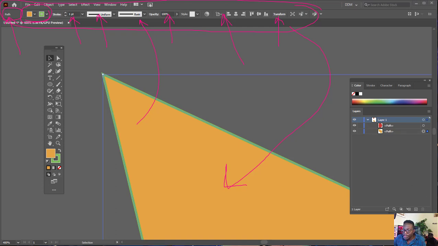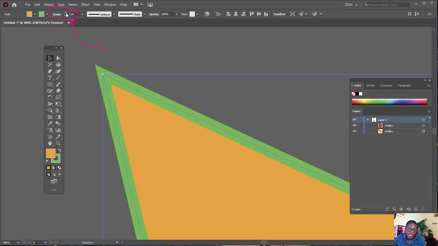And how do I know that? Well, check it out. If I change the stroke up here while this object is selected, then notice that the stroke gets bigger. So you can see that all of these properties up top are really based on the object that is selected. So for example,